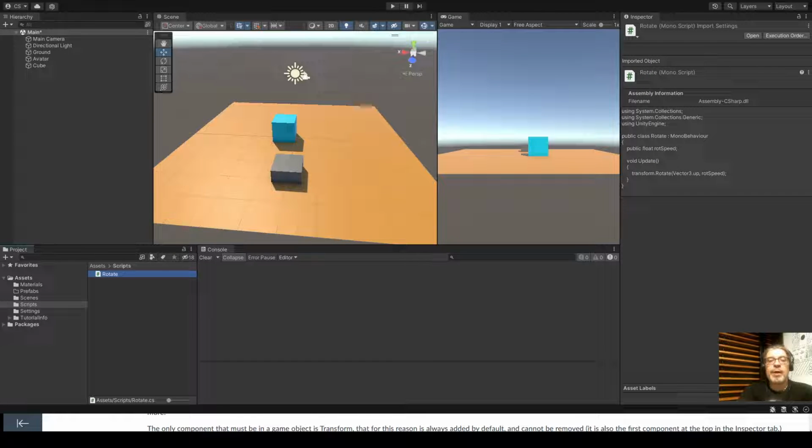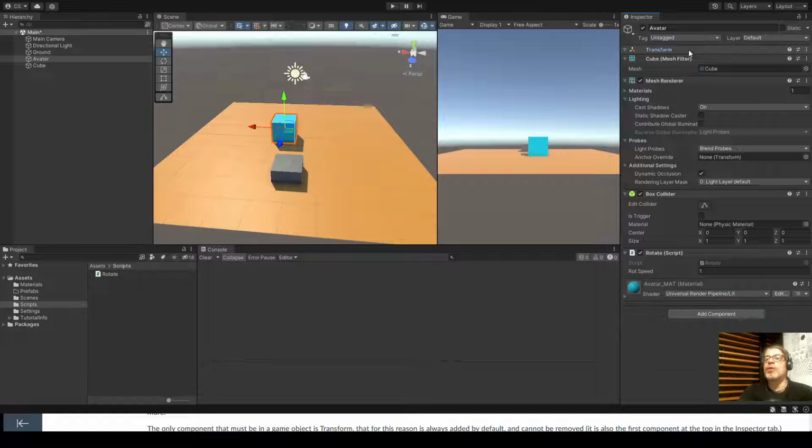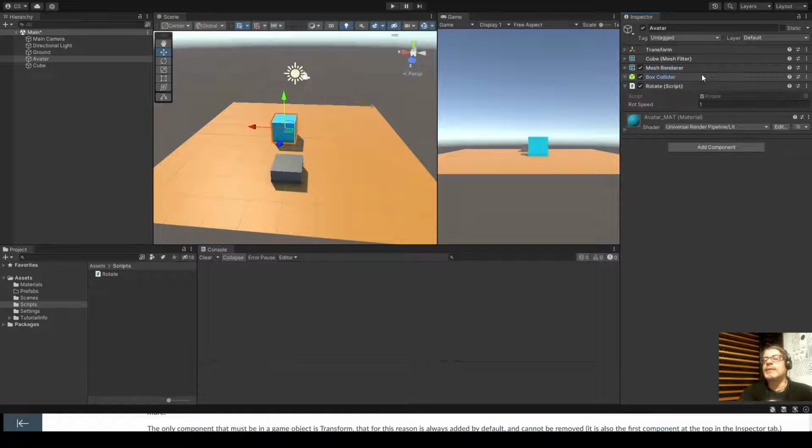Okay, let's talk about GameObjects, components, and C# scripts. What we have here is an avatar, and I also created another cube. The avatar, for instance, has all of these components inside, right? The Transform, which I can collapse by clicking on the title or on this triangle. I guess it's easier to do it this way. So the Transform, the Mesh Filter, the Mesh Renderer, the Box Collider, and the Rotate script that I wrote myself,